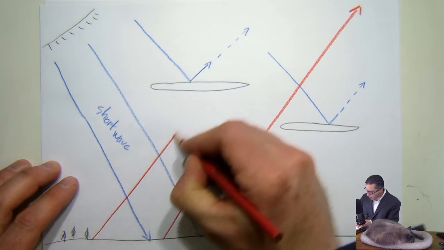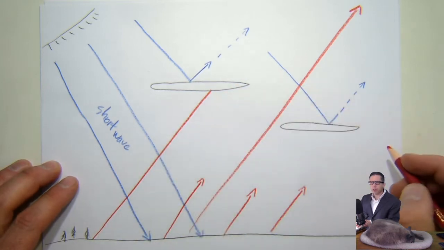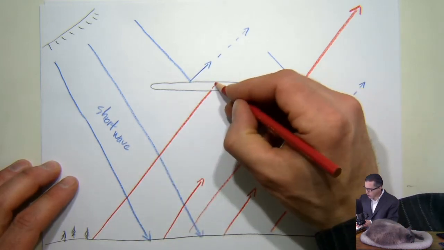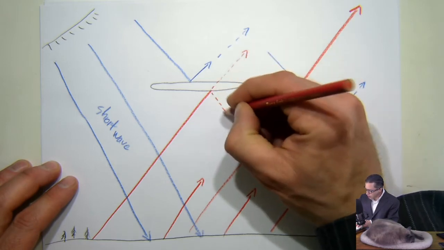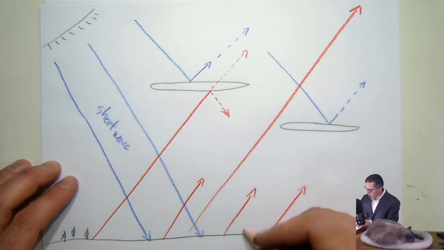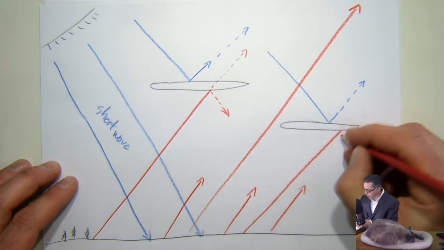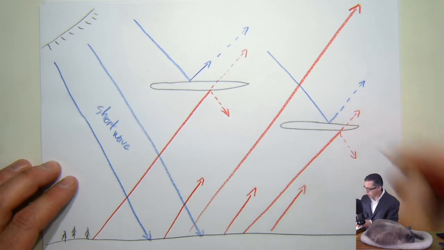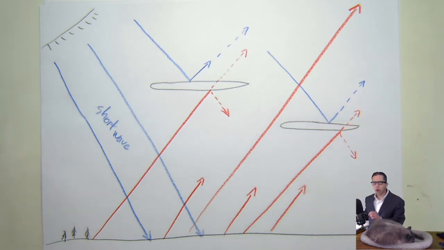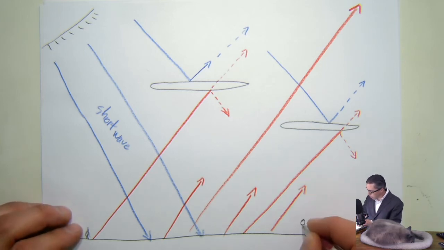But maybe this one hits this cloud. And some of it goes through, but some of it reflects back. This one hits the cloud. Some of it goes through, some of it reflects back. Okay? So if you are an observer on the ground down here,